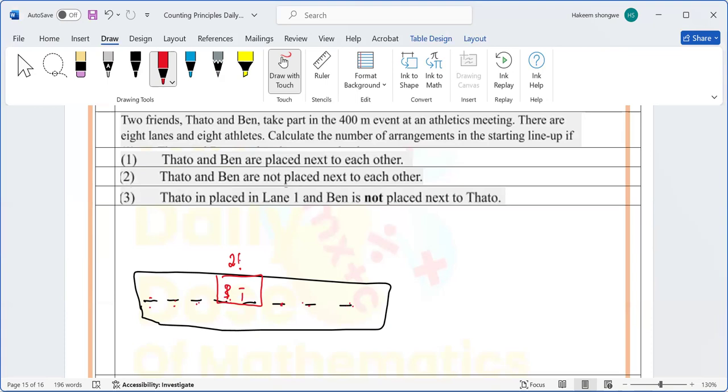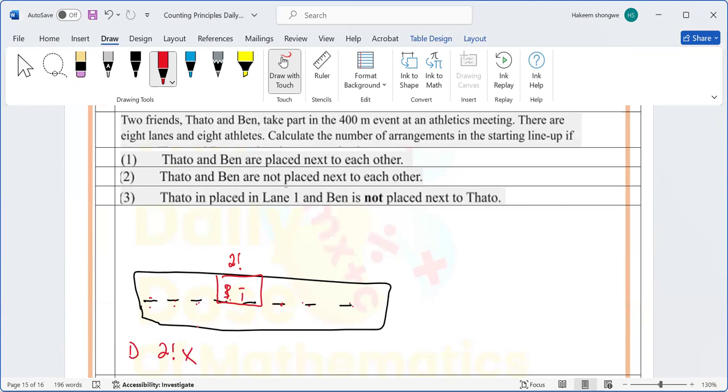So what is going to be the answer of number 1? It's going to say that we have 2 factorial, which is for Ben and Tato and Ben. And then after that, it's multiplied by how many things do you still have to arrange? You see the mistake here. The mistake is that let us say 6 because you've used the 2. But you assume Ben and Tato, they don't have to move. They can also move, but they are moving as a pair. That is why we're making them to be 1.